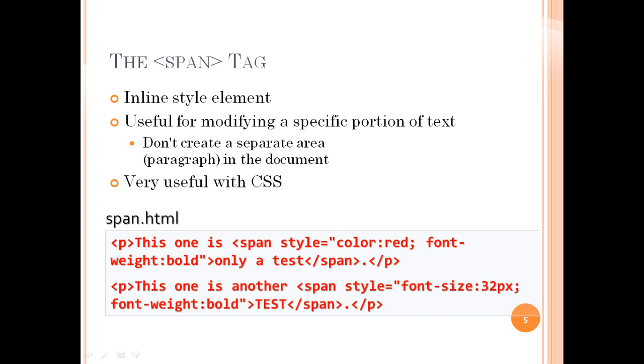So in general, there are two display values, block and inline. A block level element always starts on a new line and takes up the full width available. An inline element does not start on a new line and takes only as much width as necessary. The div element is block level and is often used as a container for other HTML elements. The span element is an inline container that is used to mark up part of the text or part of the document.